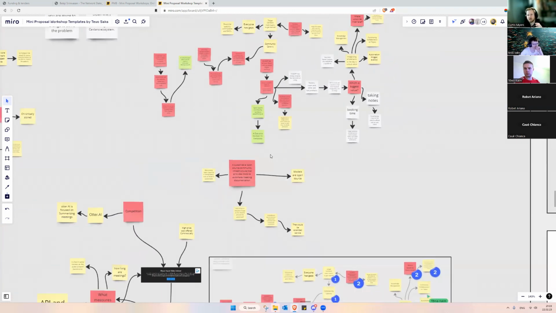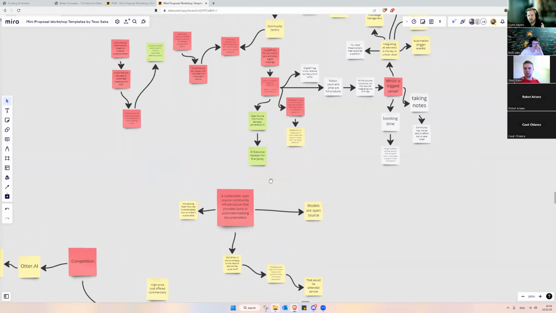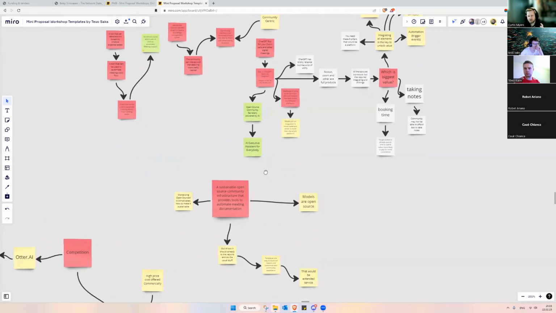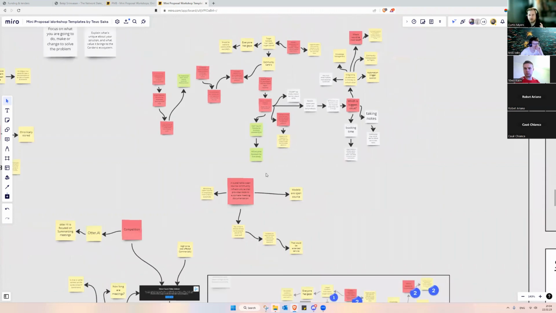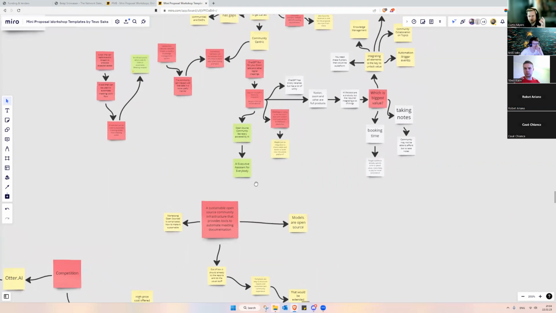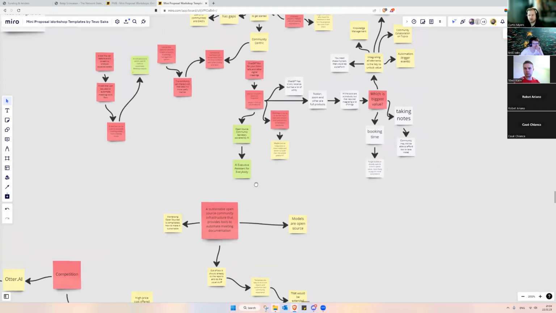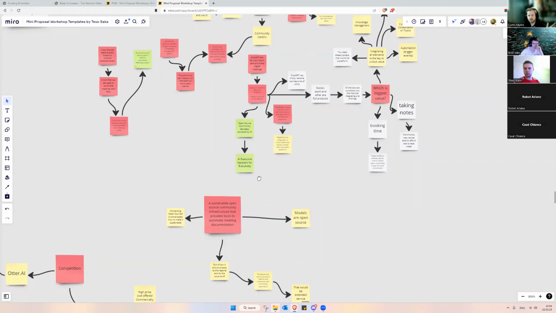So say they're using our models and they want to have a specific feature or provide additional information. They can actually contribute to our code source to provide that additional feature or functionality. Now our platform uses it, and they can, again, just keep using our open source AI models. So at least the way I'm seeing it, it's not a marketplace where people come and bring their own models. It's our models, our workflow, but it's open source so people can use it and contribute to it to enhance it.